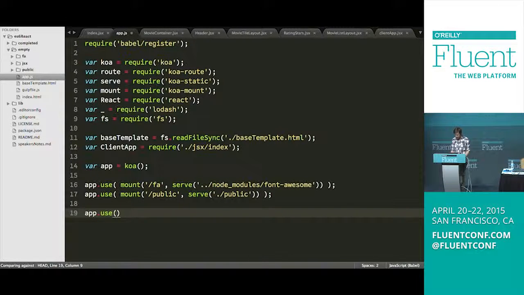App.use route.get. So whenever someone requests the home page, we're going to serve them the app pre-rendered. Okay, and